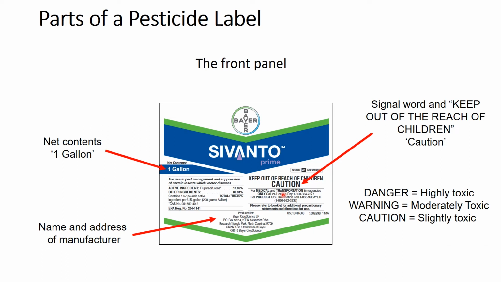Sure. Another way to think of it is, if you're a beef farmer, how they grade beef. You've got prime, select, and choice. The more marbling you've got, the higher the cut. In this case, it is caution, which means slightly toxic. That's probably one of the safer products out on the market. Warning, we increase our toxicity a little bit. And then danger is very highly toxic. So if you see that word danger, or like Tad said, the skull and crossbones, handle that with very, very